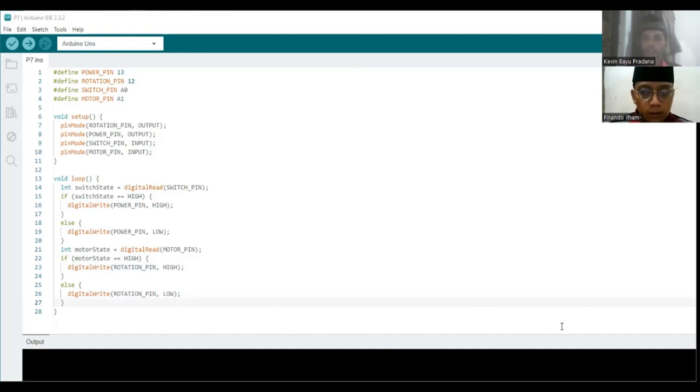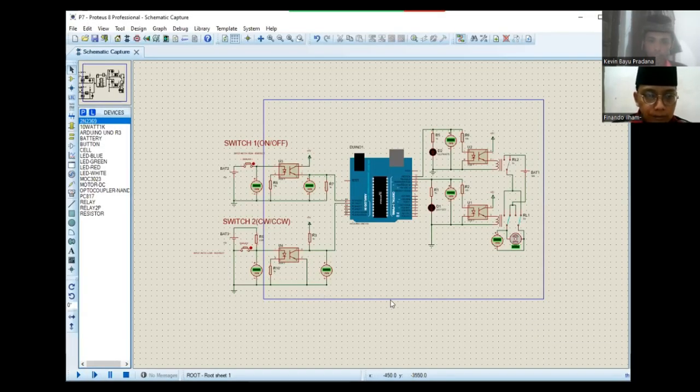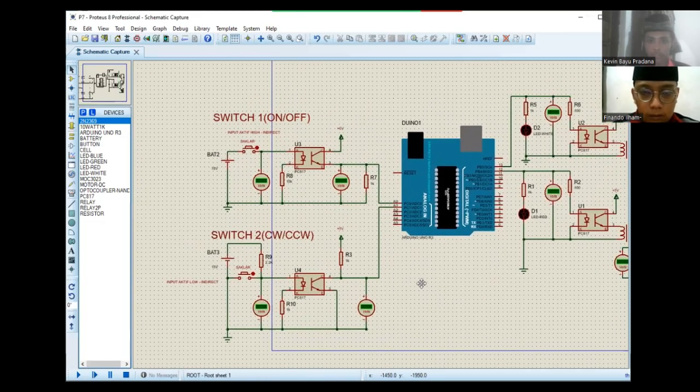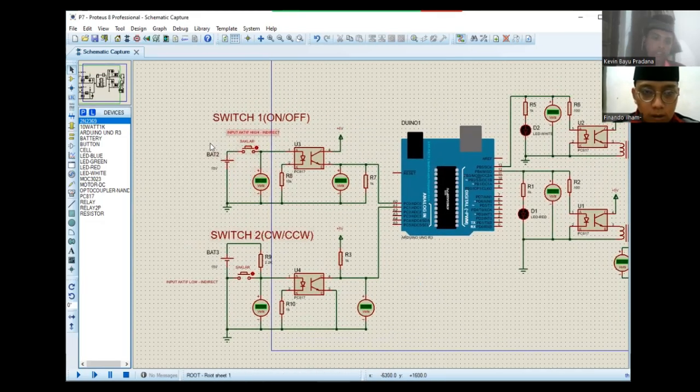Okay, next is the Proteus software for the simulation of this project. On this Proteus, we make an input from this switch with indirect condition. This is for the active high indirect, and switch number 2 is for the active low indirect.